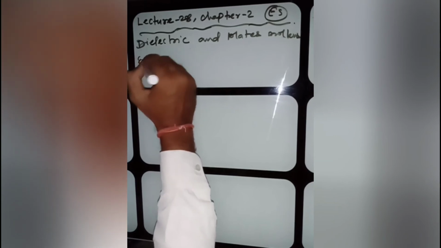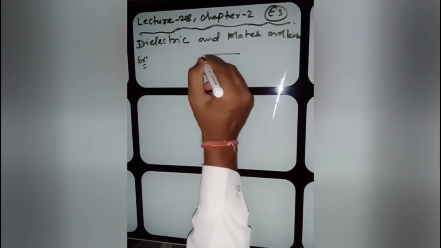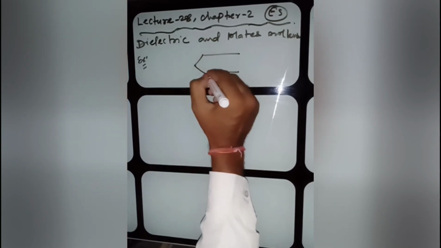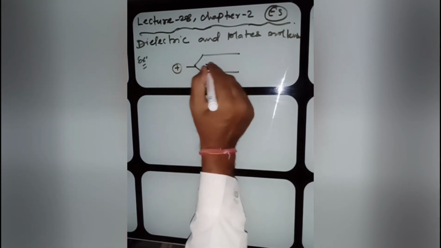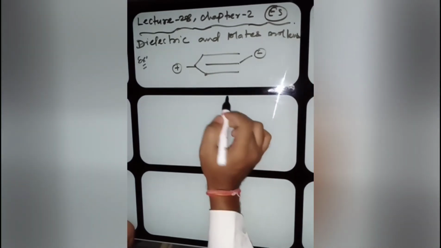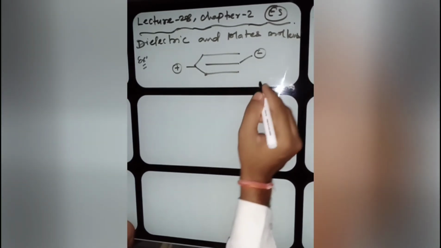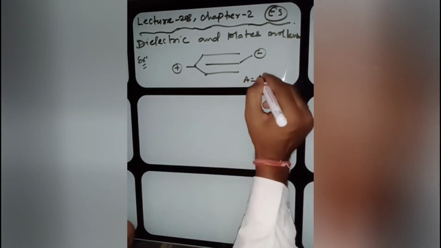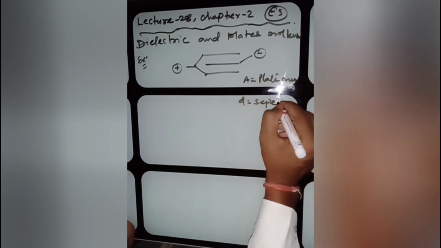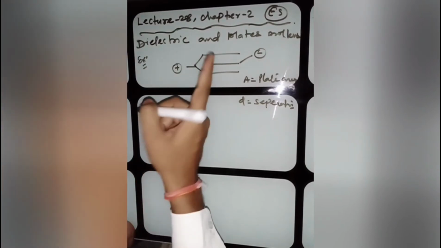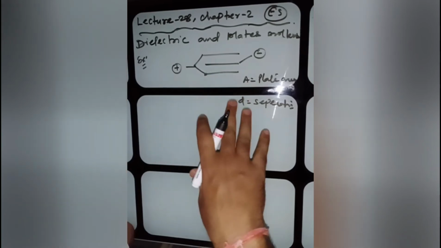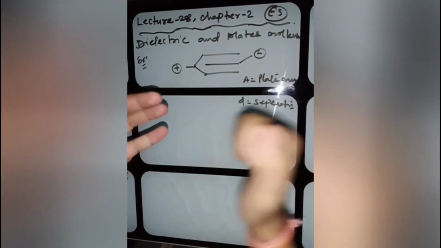Here, the first one, the plate problem. These two are connected by a conductor and positively charged, and the one plate is negatively charged. You have to find, remember, between all the plates the separation will remain the same, D, and the plate area A. A will be the plate area and D will be the separation. Okay, what will be the equivalent capacitance? Remember, I'm just giving you the training to solve questions. As we have studied already